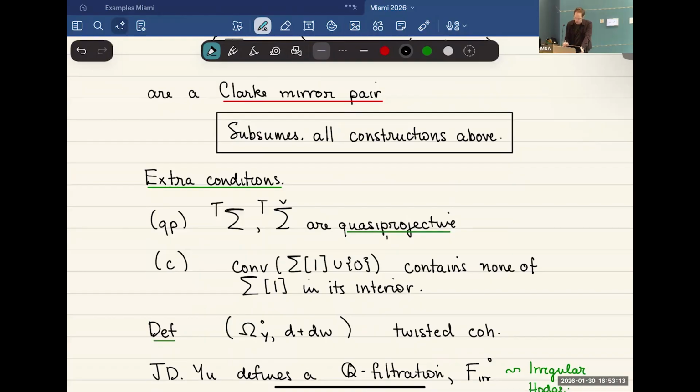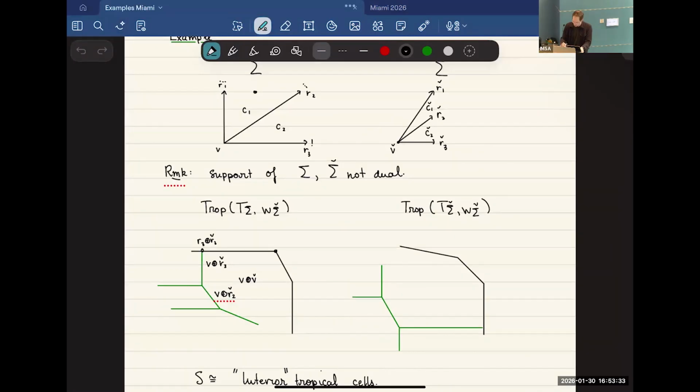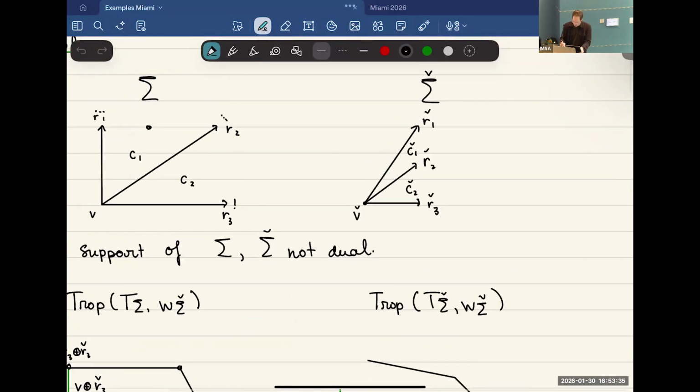And secondly, we want a convexity condition on the polytope on sigma one and sigma check. This is true for sigma and sigma check as well. So I want the ray generators, along with zero, to form some sort of convex polytope. Just to explain what I mean in terms of these pictures here, what I don't want is something like this. If I had a ray generator here and a ray generator here, that would be